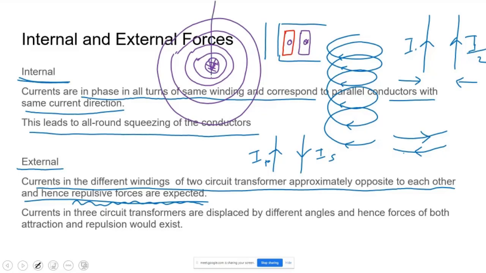Now, cut here. This line I have used. In this manner, I have cut it and view from this side. Cut here and remove this portion. Say you completely remove this portion and view from this side. Do you understand now? Yes, sir. Clear. So then it will appear like this.